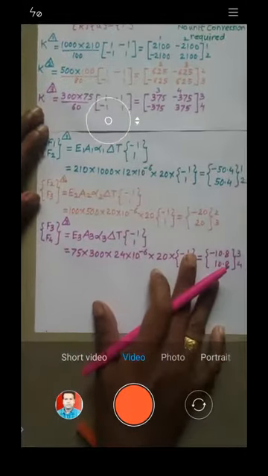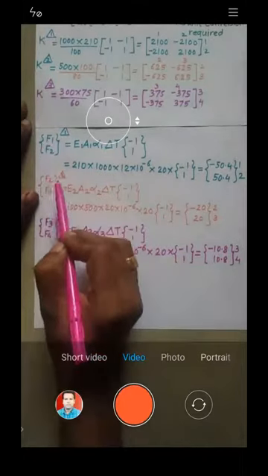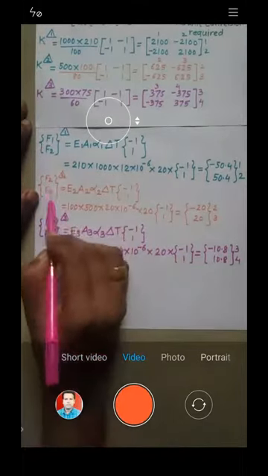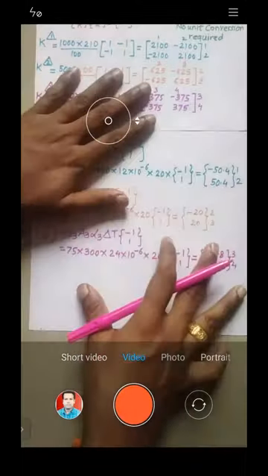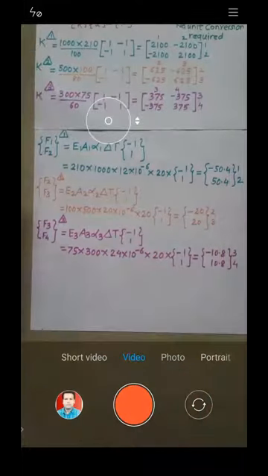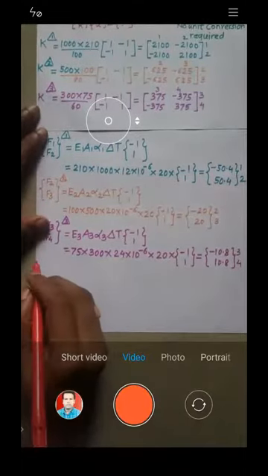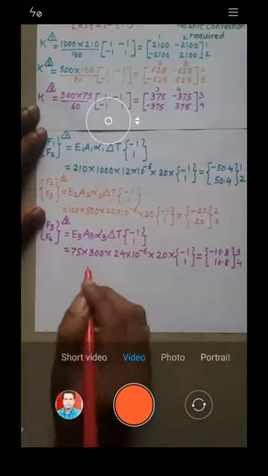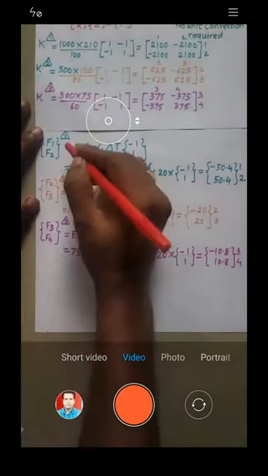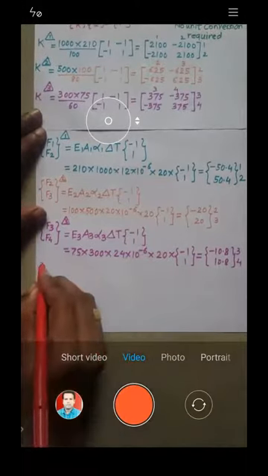Is that okay? So that combined effect we need to take care of. You can see here you are getting F2, here also you are getting F2. Here you are getting F3, here also we are getting F3. So that combined effect we need to consider, and that is the reason why we need to write down a single force column, which will account for all the forces.